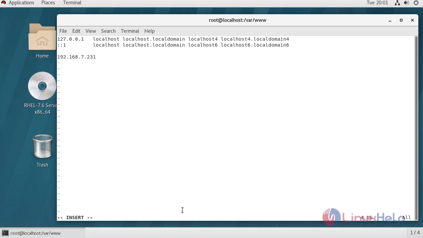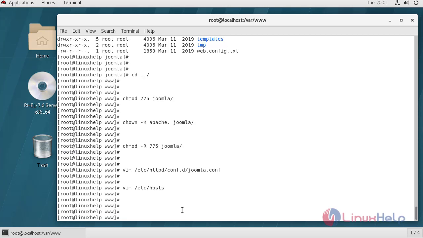Mention your server IP, then domain name. After the setup, we have to restart the Apache service.